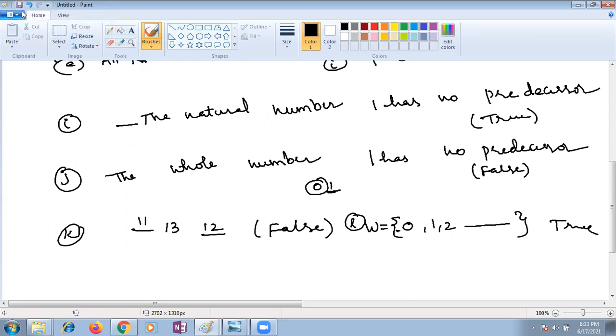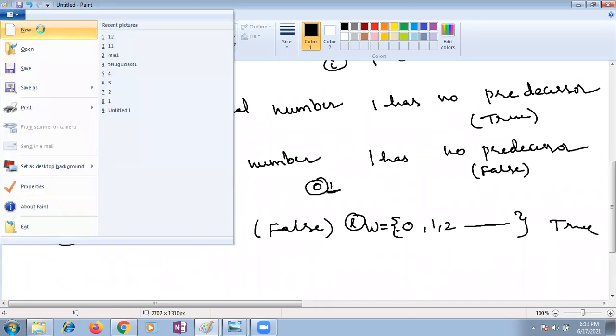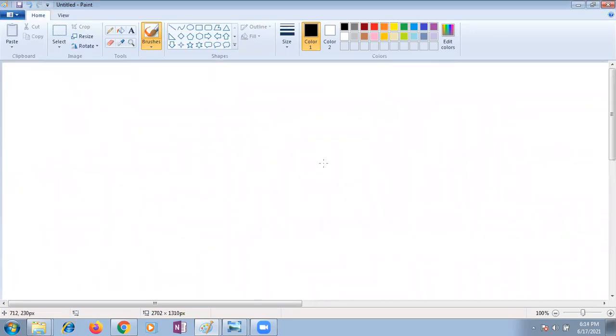Good. Shall we go with the next exercise, children? Yes, ma'am. Exercise 2.2. First, every time I will teach the concepts for you. Concepts are very important, children. Exercise ones you can try on your own, because once the concept is over, we can do it very simply. Now, exercise 2.2.